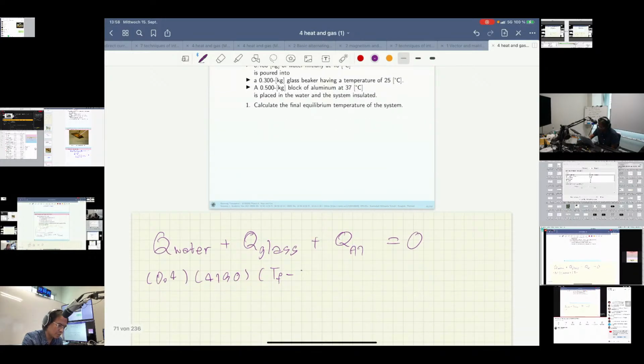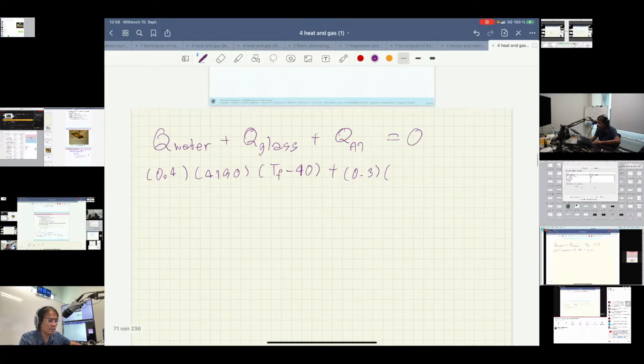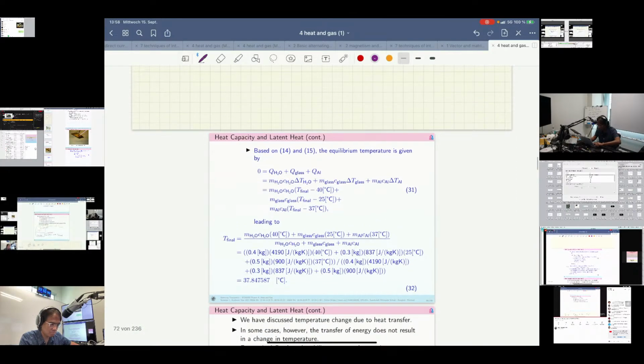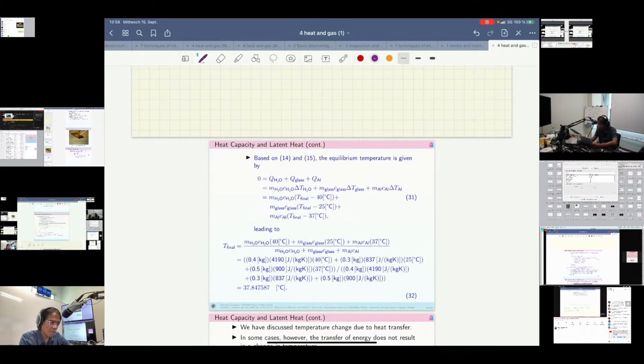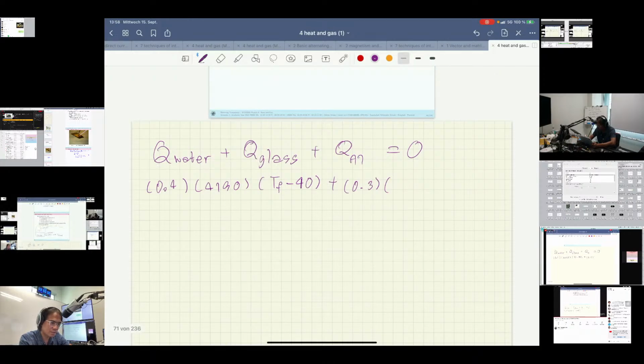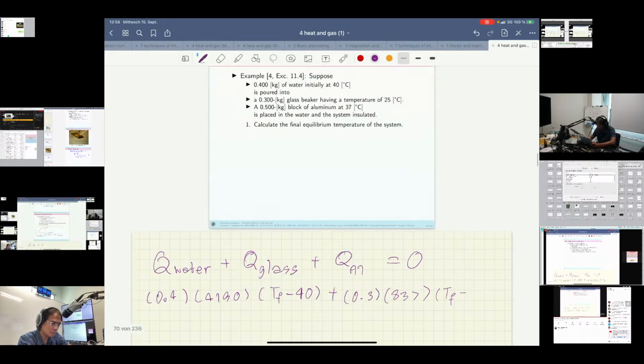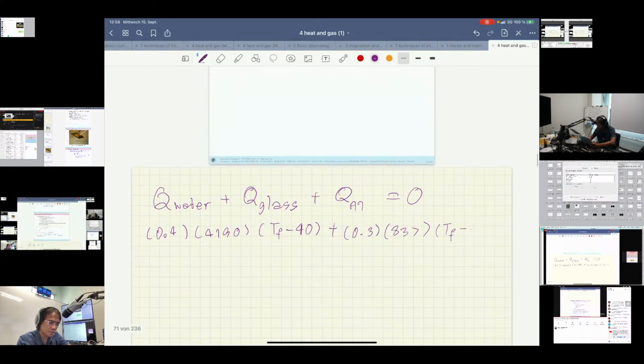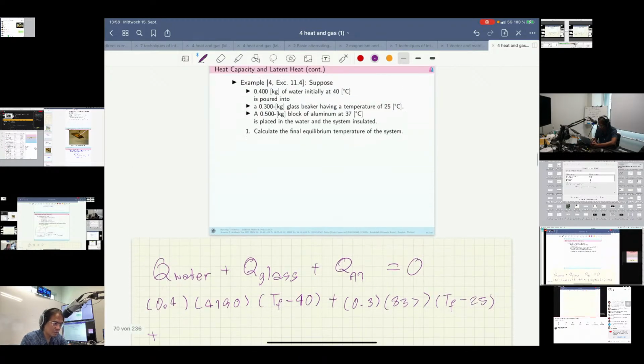It starts from 40 degrees Celsius, and plus Q glass, which is the mass of the glass, 0.3, and the specific heat of the glass is 837, and the temperature of the glass is TF minus 25, and then plus the third term, which is 0.5,